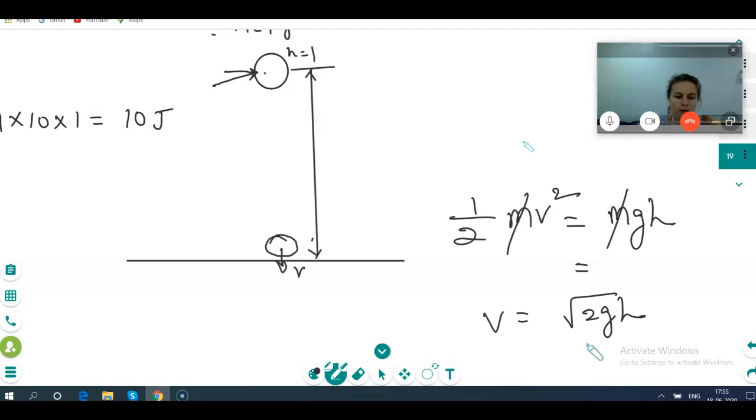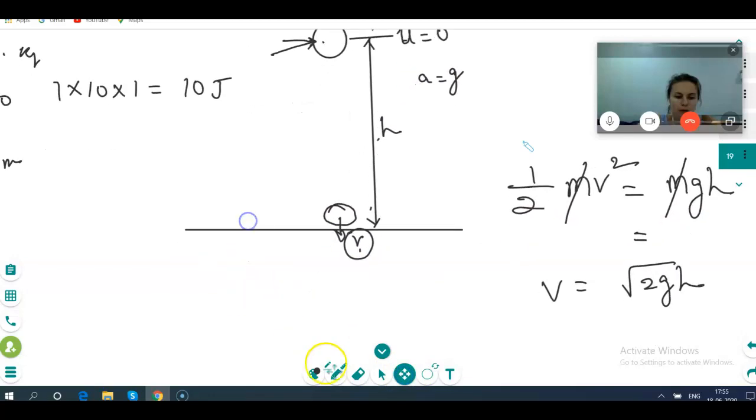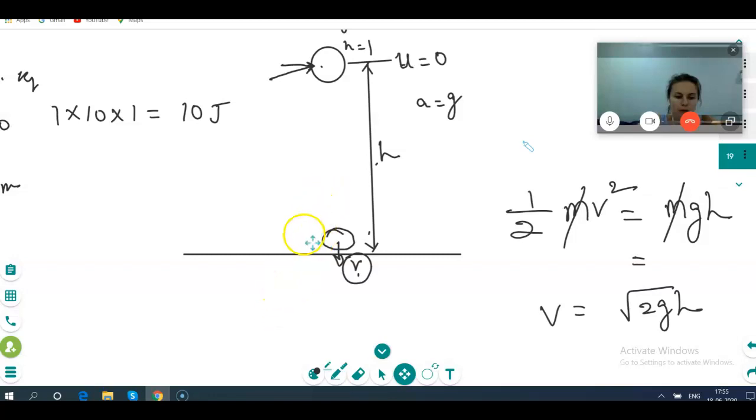Yes. Now you see the kinematics formula. Here final velocity V is what you want, initial velocity U is 0, H is the height. Which formula will you apply? U is given, H is given, and A is equal to G. If you use H is equal to UT plus half a t square, then T is required. T is not given here. Which other formula do you think?